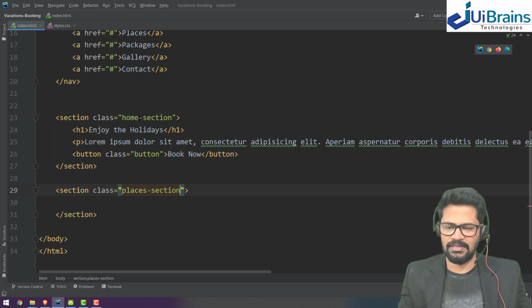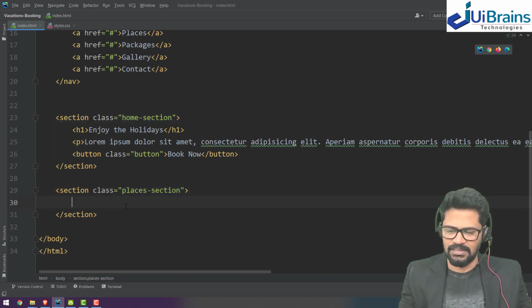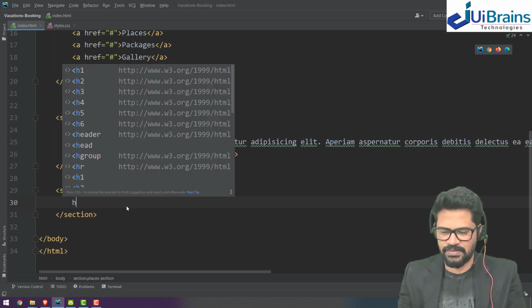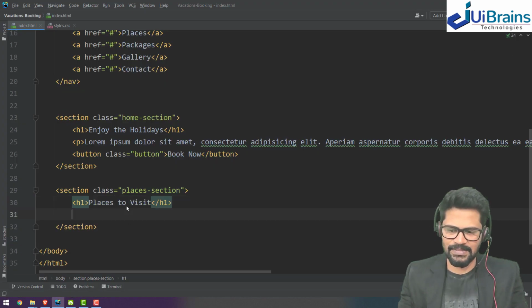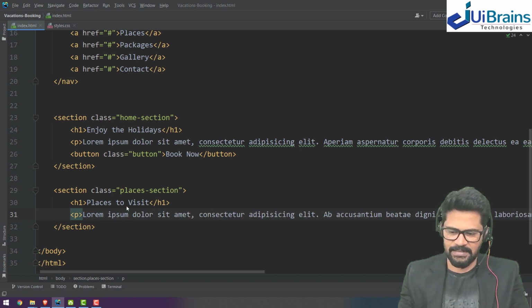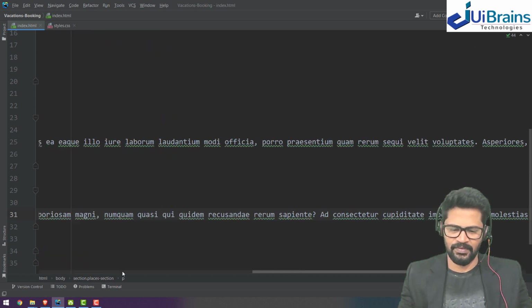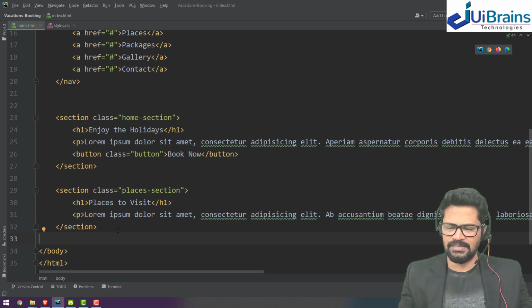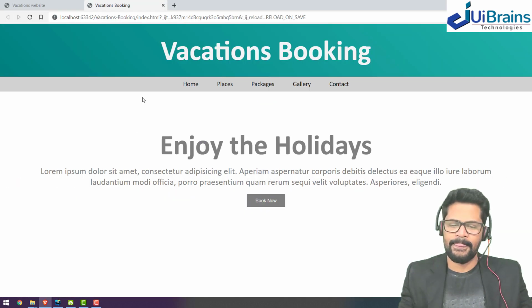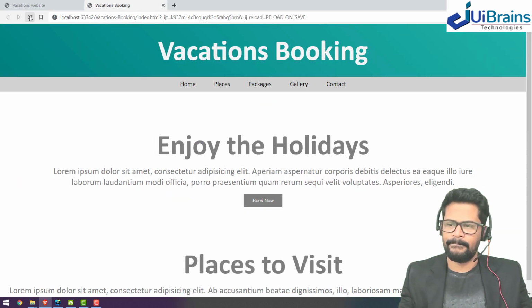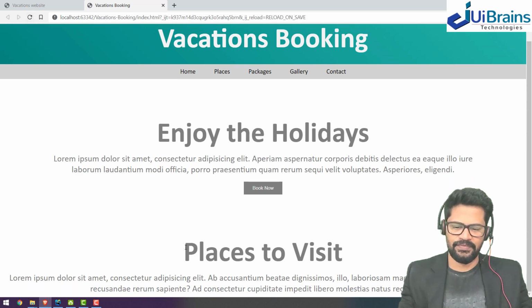Not always necessary to mention section, just give places also. Add the h1 tag, places to visit, and a paragraph, lorem some 30 words. So let's see how it is. Yep. So we got places to visit and we have a paragraph as well.